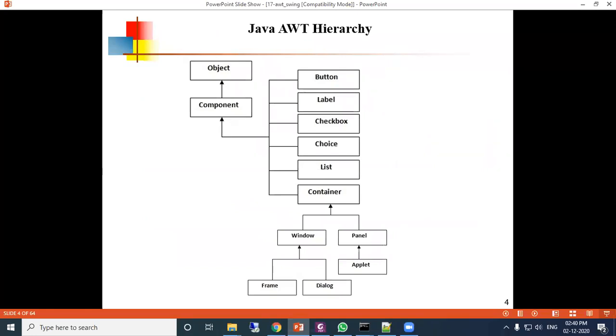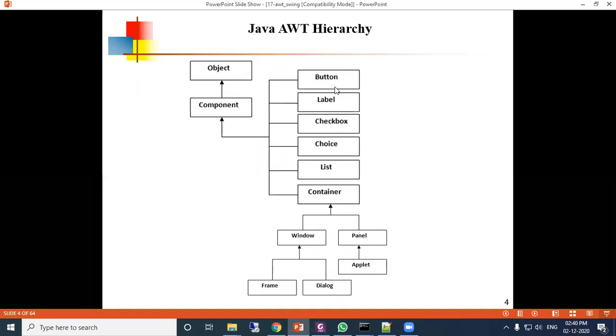This is the Java AWT hierarchy. In Java, the class hierarchy is like this. The topmost is a predefined class called Object. Under Object there is the Component class.